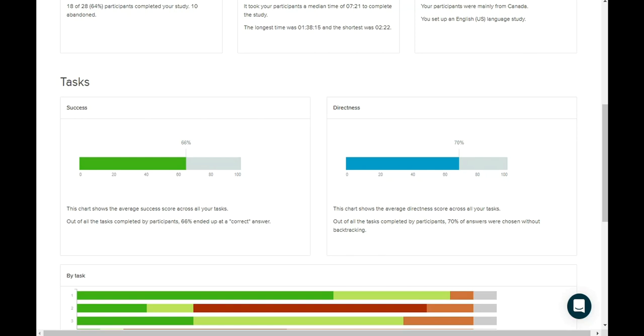So that's another cool thing that Treejack in this case actually looks at, is that if people go down a path and go, I don't think this is correct, and then they go back up the hierarchy and then go down a different branch, that's another thing it measures, and that's called directness in this particular case. So if they go down the path and they don't backtrack, then again that's a good thing